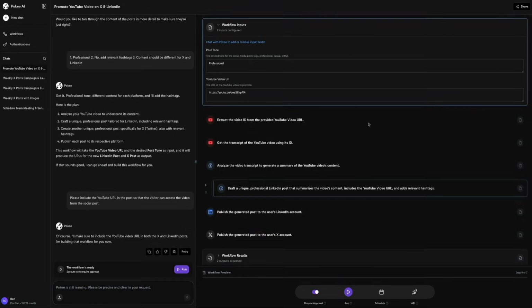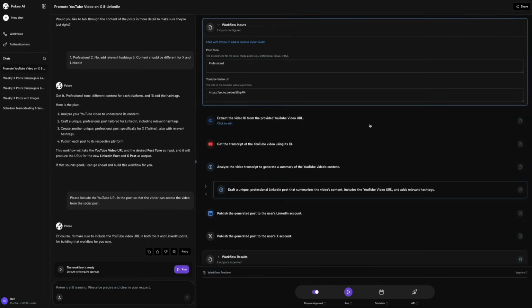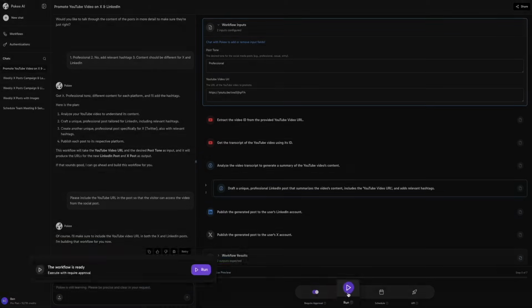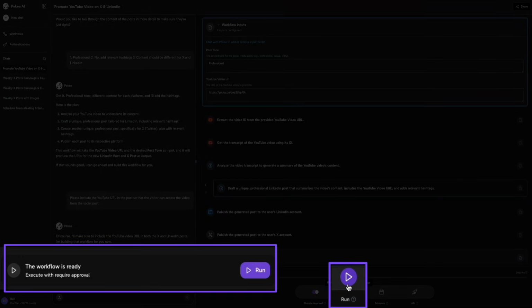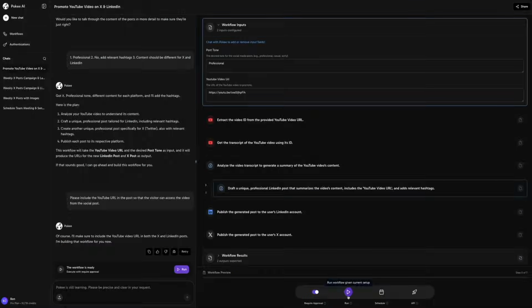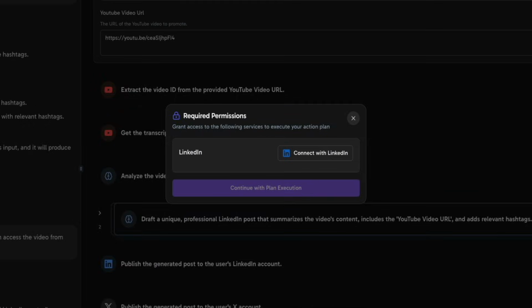Okay, with that being said, whenever you're ready, it's time to run the workflow. So you can click either one of those run buttons and Pokee immediately prepares the automation and confirms that everything is ready to execute. And since we already approved and authenticated X, Pokee recognizes that LinkedIn still needs to be authenticated. And this is what I'm referring to whenever I said that you don't need to authenticate apps prior to running your workflows, because Pokee does an amazing job at prompting you to grant